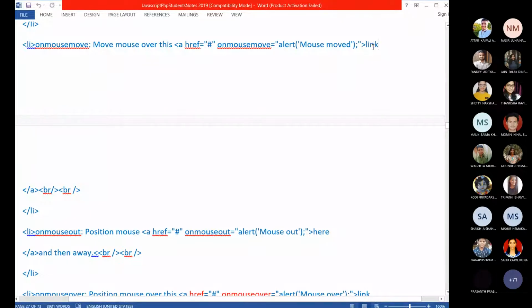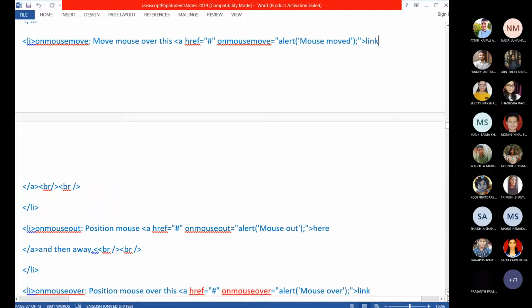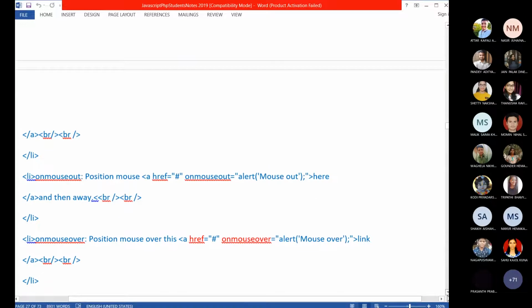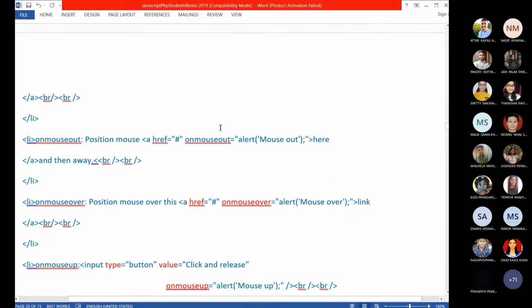For example, this is hypertext in your output screen. When you keep the mouse pointer here and you move the mouse pointer, this event will be triggered. But on mouse out, when will it be triggered? When you defocus this hyperlink text, here a "click here" or something like that you can write.